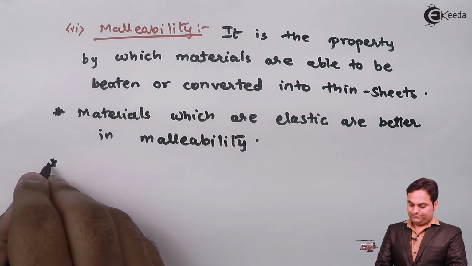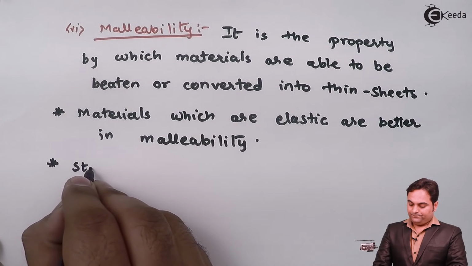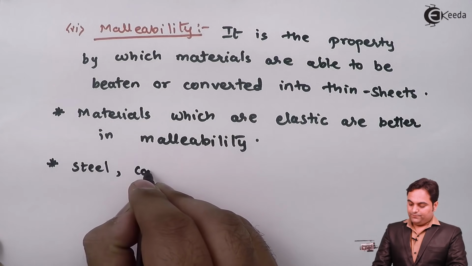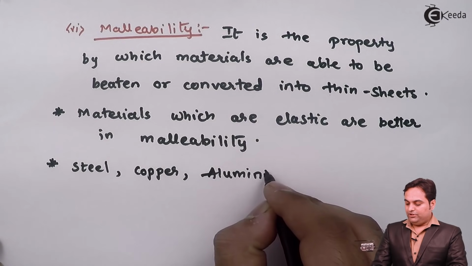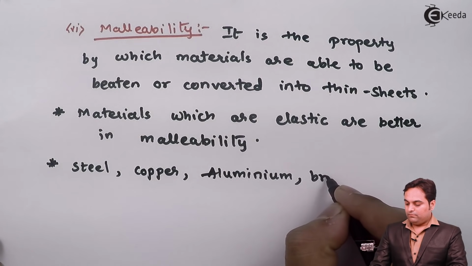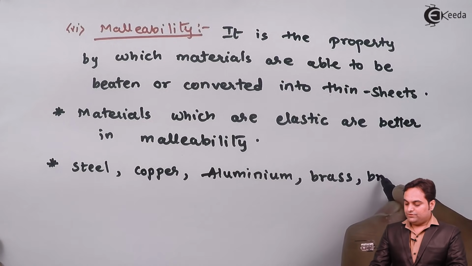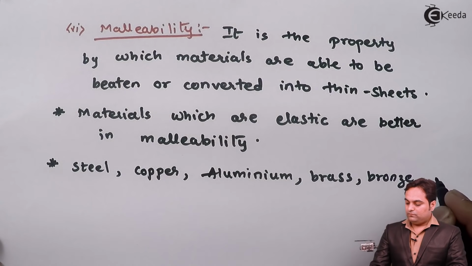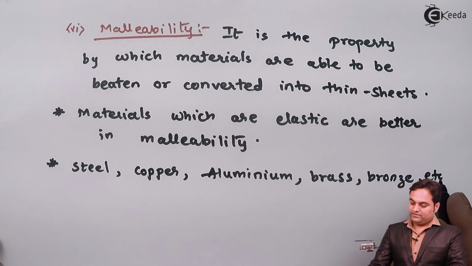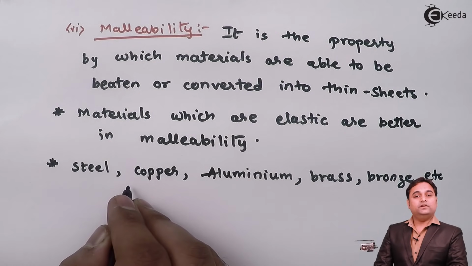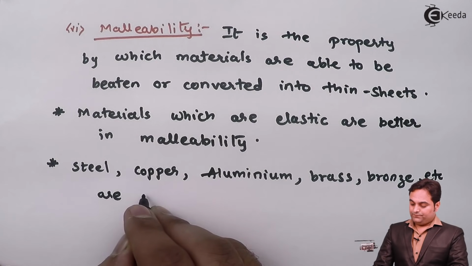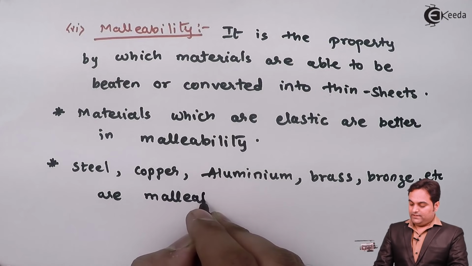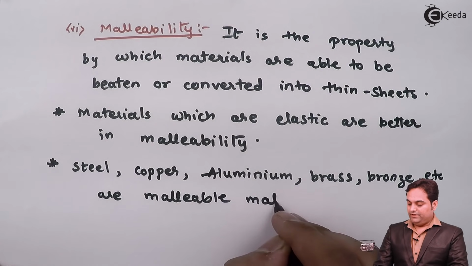Next, steel, copper, aluminium, brass, bronze, etc. And I can even say that etc. Yes, even zinc is a malleable material. So here are malleable materials,